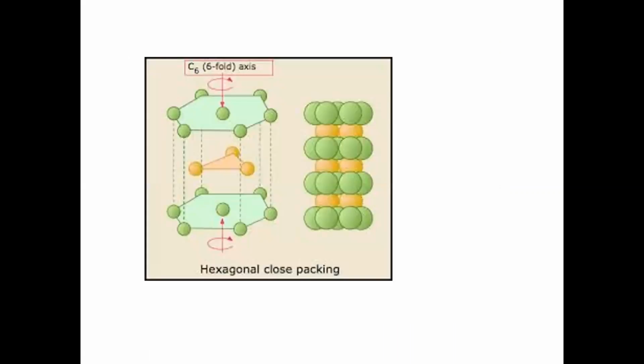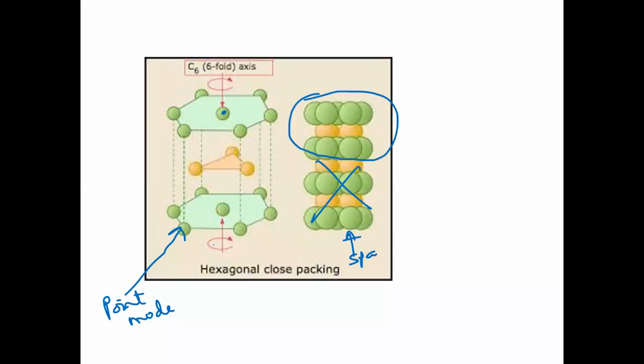Same thing I have shown. This is a point model, as if we have some defect in eyesight. So this is the point at which this sphere, the middle sphere, is sitting. This is the actual space filling model, and we are not interested in many. Let us cancel all this. We are interested in only this unit, whose point diagram is shown here.